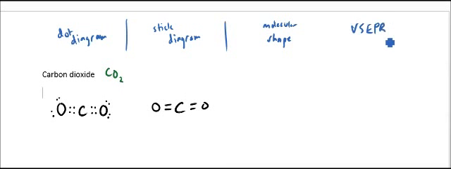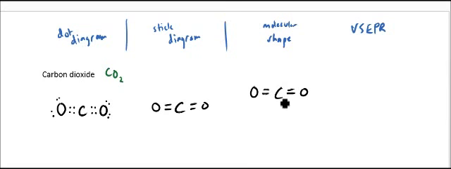VSEPR, which stands for valence shell electron pair repulsion, is a fancy way of saying that if you've got electrons in the bonds between atoms, those electrons repel away from each other as far as they can in 3D space, which is why carbon dioxide forms that shape of a line, because the furthest place those electrons can get away from each other is opposite sides of the atom. So the molecular shape for carbon dioxide is linear